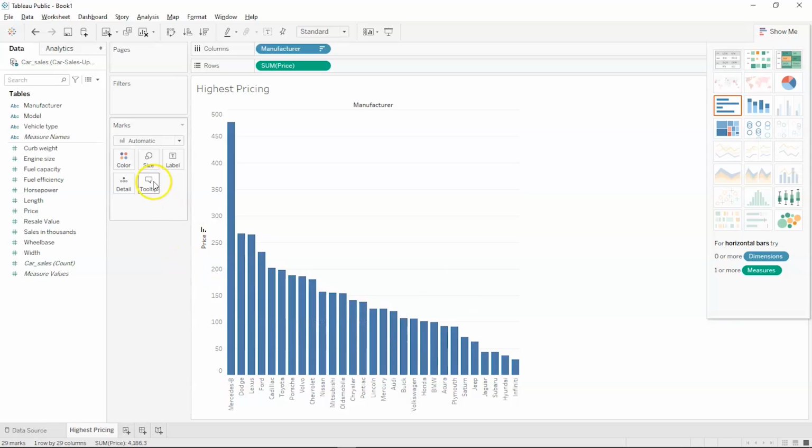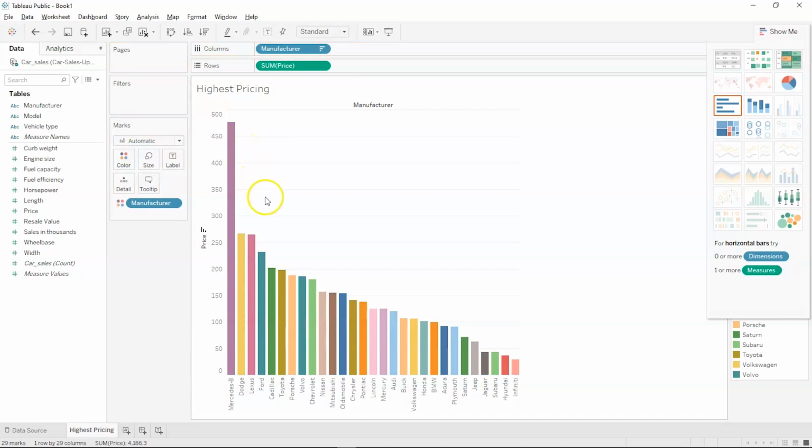Okay, now it's just looking kind of plain without any additional colors or without a vibrant way of representing your data. I think you know what I mean. So for that, you can just drag the manufacturer onto the color option, and voila, you can see different colors for different manufacturers. And this color basically tells you the highest pricing manufacturer, that is the Mercedes-Benz. And another option is the